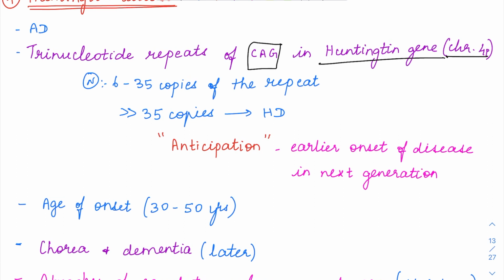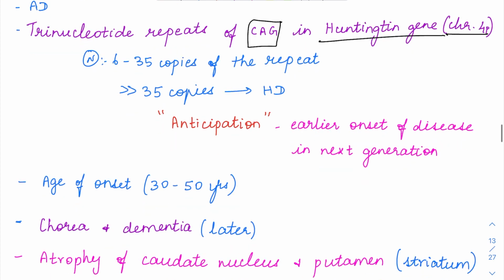So I remember it like this: the hunter is going to take a bag and go for putting his pouch. So CAG and bag sound similar. So that is how I remember. So CAG repeats are going to be present in the Huntington gene. And here, normally the repeats are allowed up to 35 copies. So the normal limit is 6 to 35 copies, and more than 35 copies of repeats are going to cause this